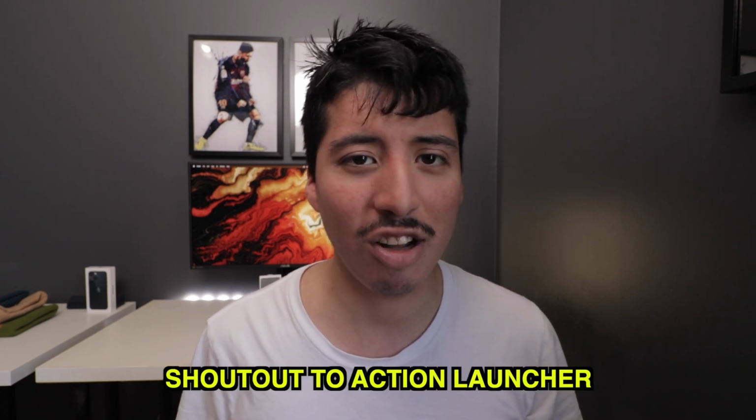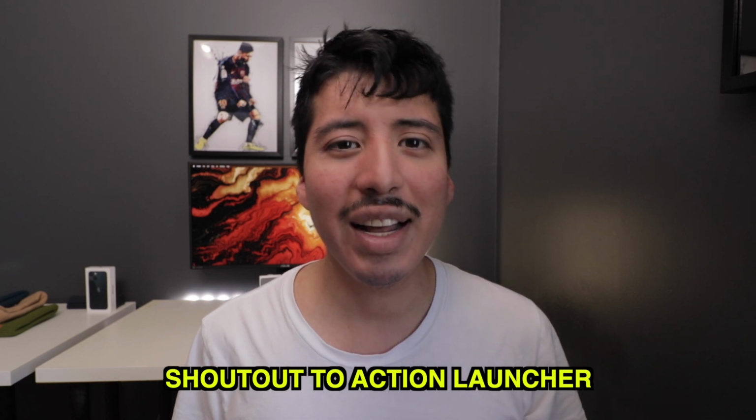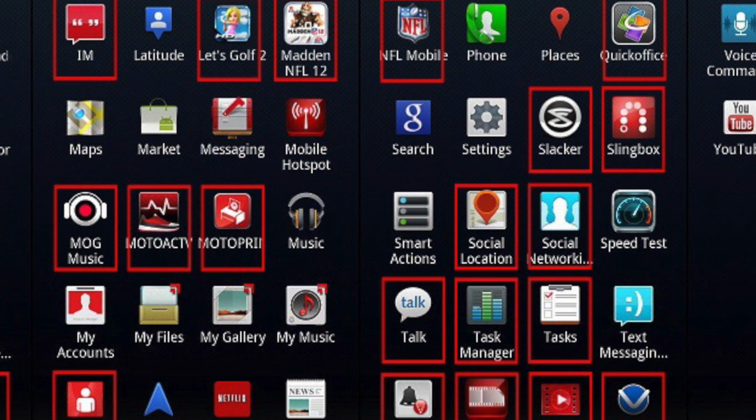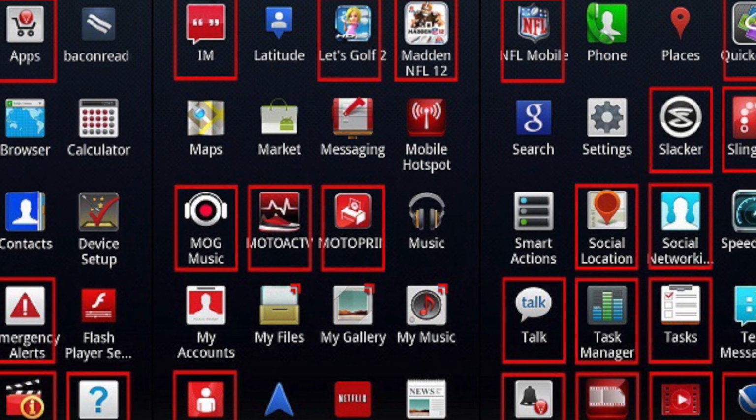One of the first things I used to do when I bought a new Android phone was quickly install a third-party launcher like Action Launcher, which is probably one of the best launchers out there. That's what I would do to try to escape the bloatware, because on Android phones, for some reason, manufacturers or carriers install their preloaded apps and you cannot delete them. That was one of the big things I really disliked about Android, not giving you the option to delete apps you knew you were not going to use, and you don't want them taking up space on the phone.